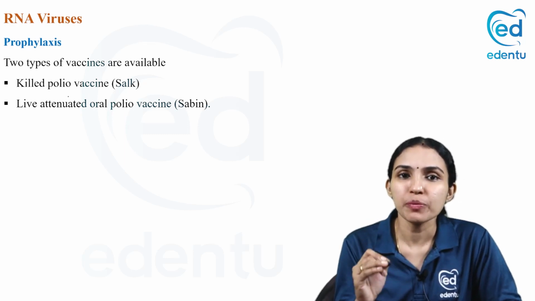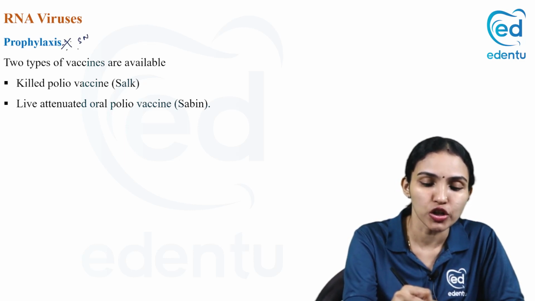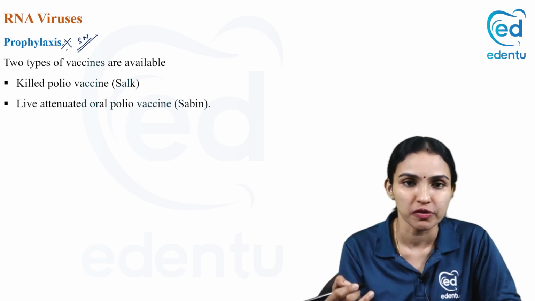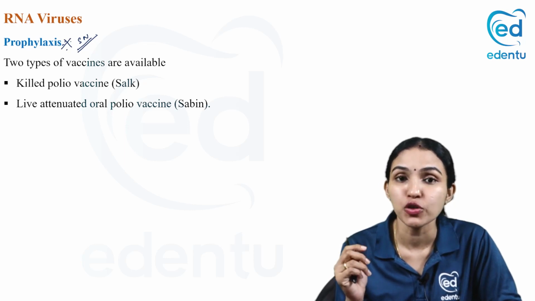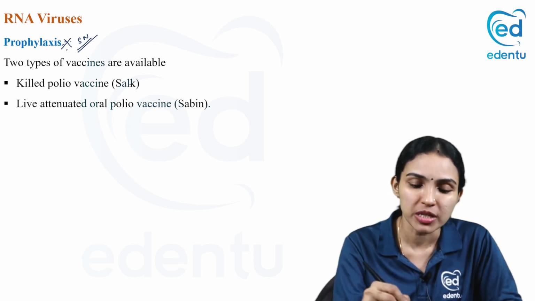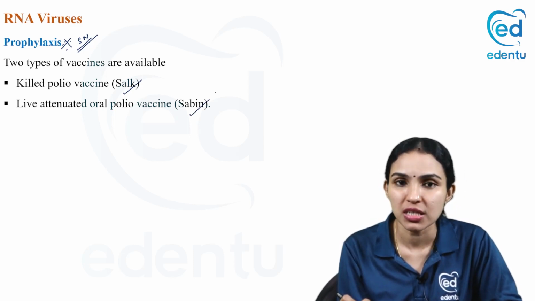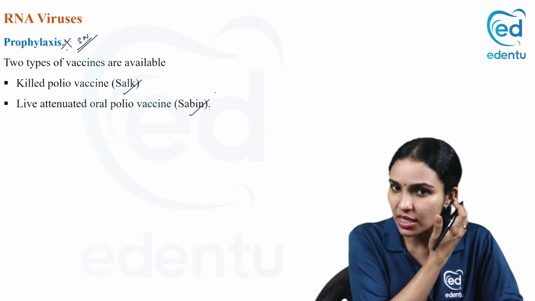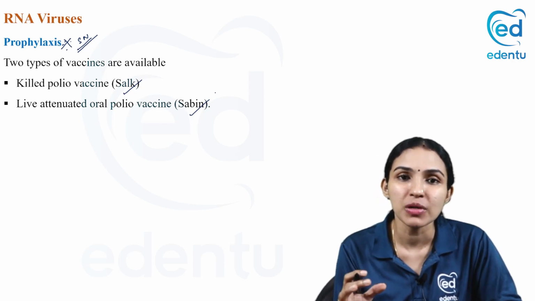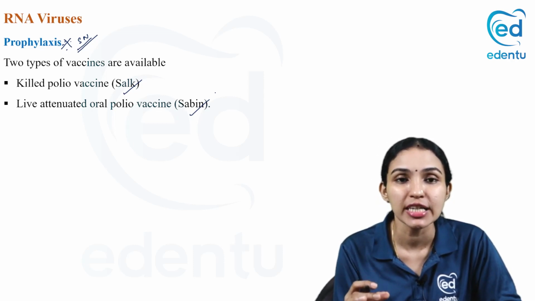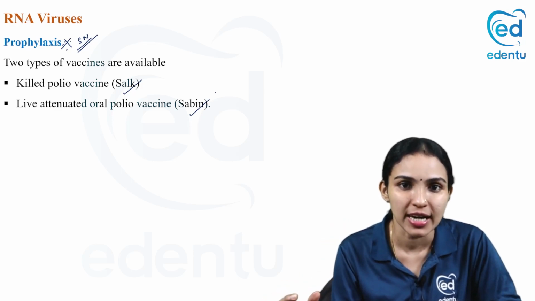So coming to the most important part of this topic, which is always asked, is the prophylaxis. This is a short note which is always asked: polio prophylaxis. For prophylaxis of polio, we have a very good vaccine. Actually, we have two types of vaccine discovered by two famous personalities, the Salk vaccine and the Sabin vaccine. These are named after the persons who discovered the vaccines. It was the Salk vaccine that was first discovered, then came the oral polio vaccine, the Sabin vaccine. These vaccines are landmark discoveries in the history of polio, which has led to the control of this very dangerous disease, and we have almost reached the eradication stage.